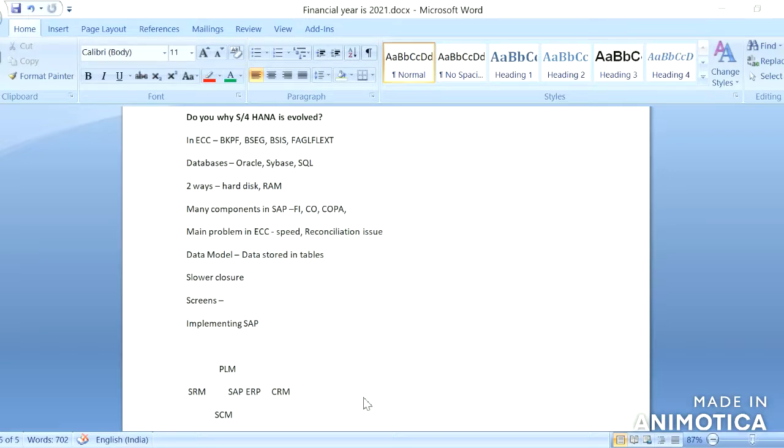The second reason is, if they included these components in the SAP ERP system, we have already seen there are a lot of performance issues in SAP ERP. If we load even these components into SAP ERP, the system becomes worse in terms of performance.